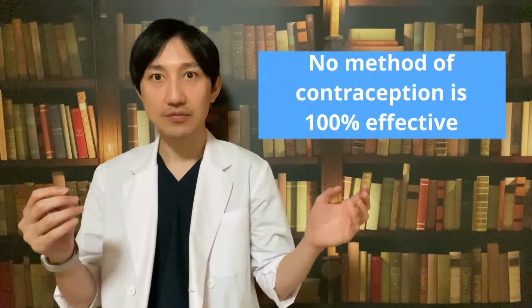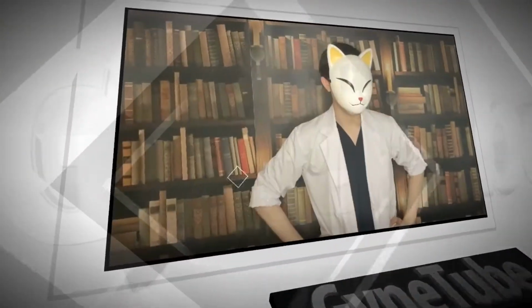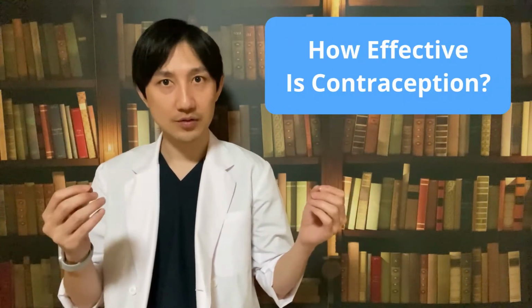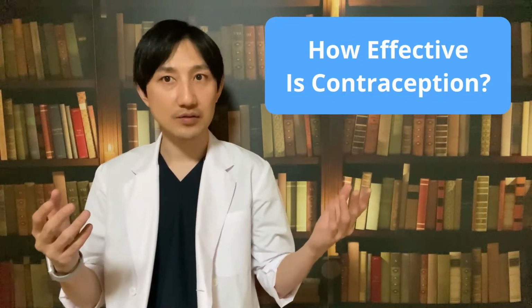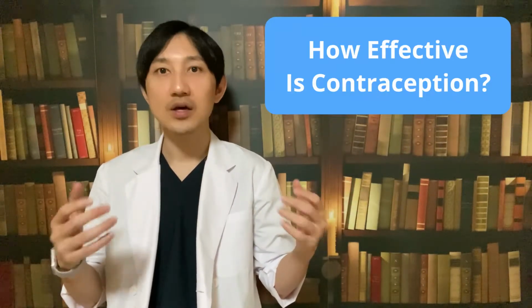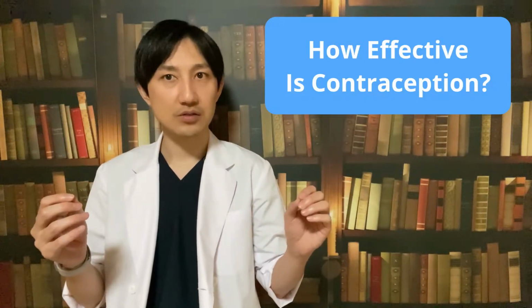Today I'm gonna talk about the fact that no method of contraception is 100% effective. Effectiveness depends on which method you use, as effectiveness rates, that is, how effective they are at preventing pregnancy, vary. However, all methods have higher effectiveness rates if they are used correctly, which means according to instructions and every time